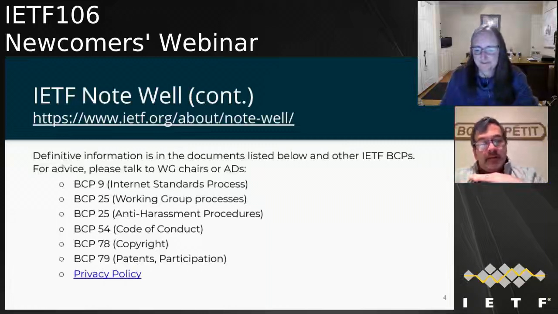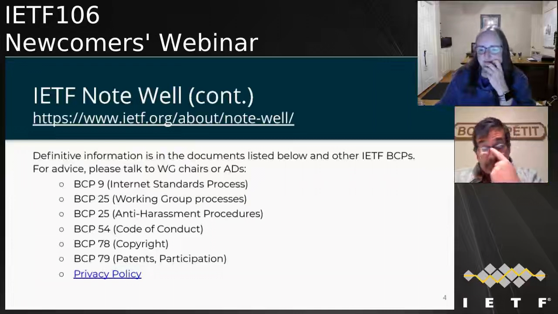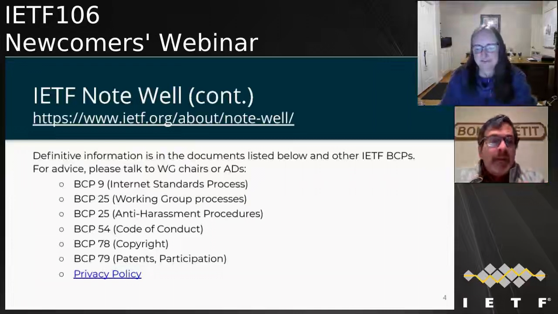However, what we've done is layered on top of that a series of indirections, like any computer science problem. So that's the BCP, Best Current Practices series. And that will always point to the specific RFC that is appropriate. So BCP 9 will point to a specific RFC, I don't remember the number, that is how the standards process works, how the working groups progress.